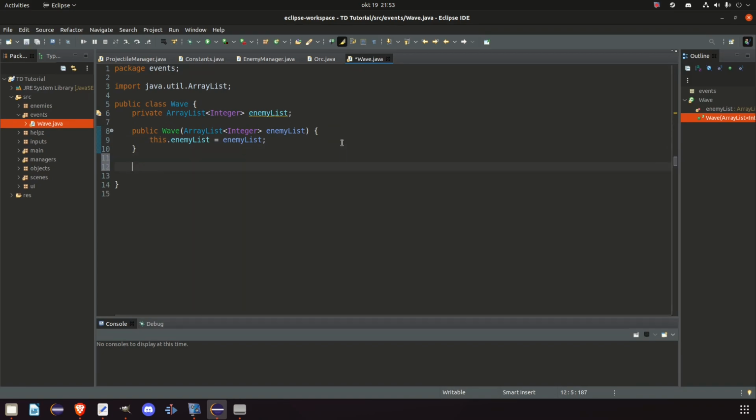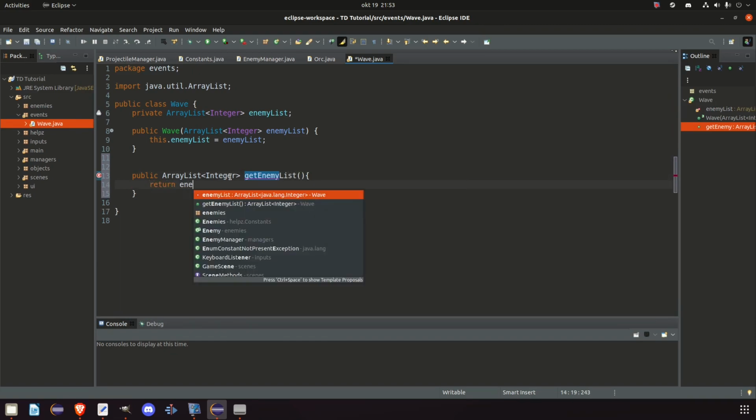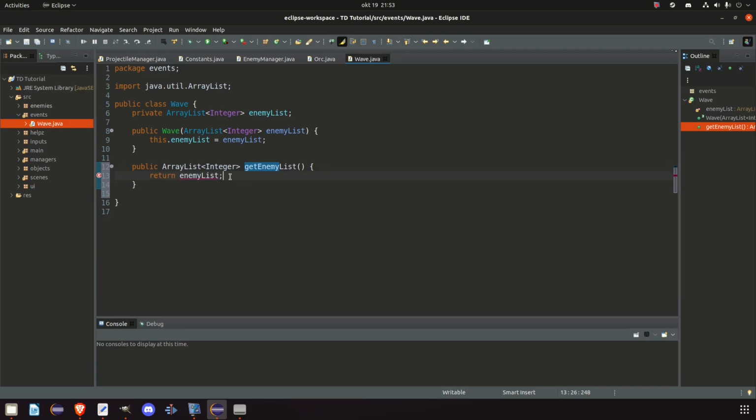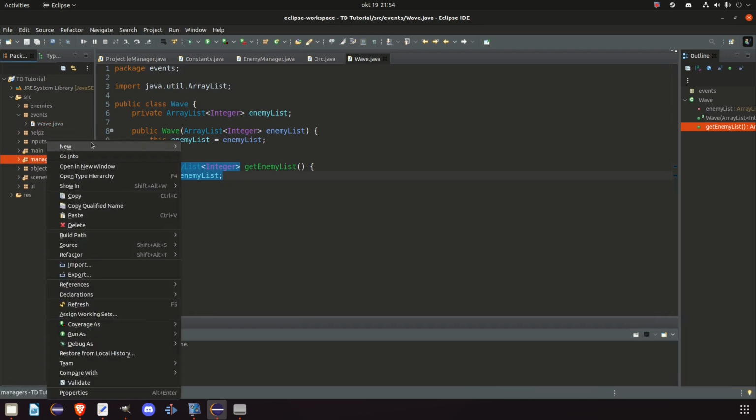We will also need a getter for that. So public, gonna copy this, goes faster, getEnemyList, return enemyList. And I don't think we're gonna work more in the wave class for now. We will most likely do it a little bit later, but let's leave the wave class for now and go to our managers package and add a